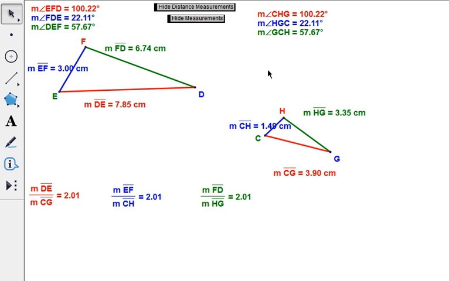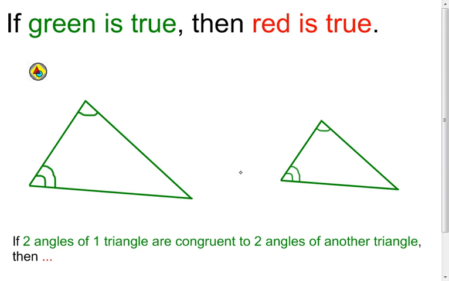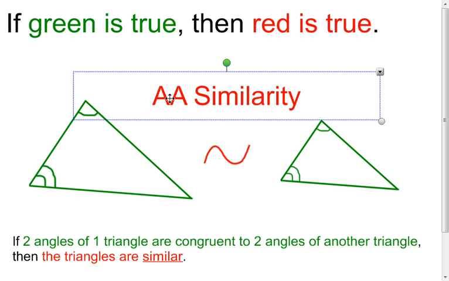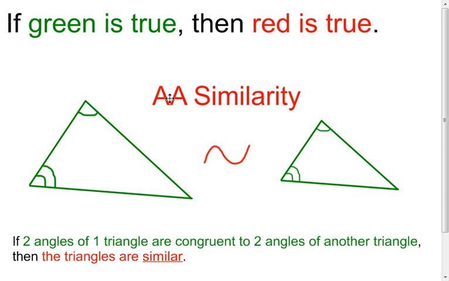Which is going to bring me back here to say, well, if I know this, then I'm going to know the triangles are similar. And this is referred to as the AA Similarity. My next one,